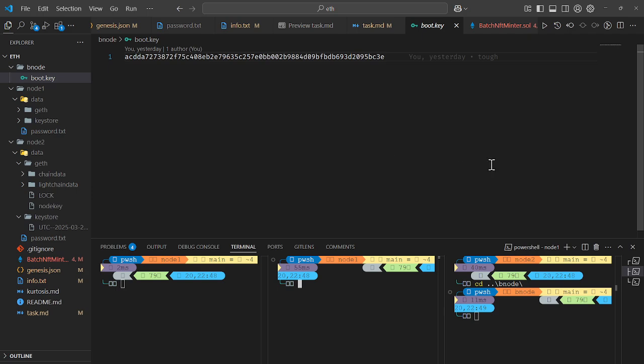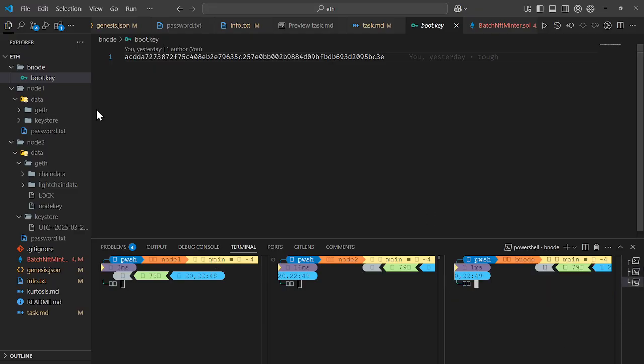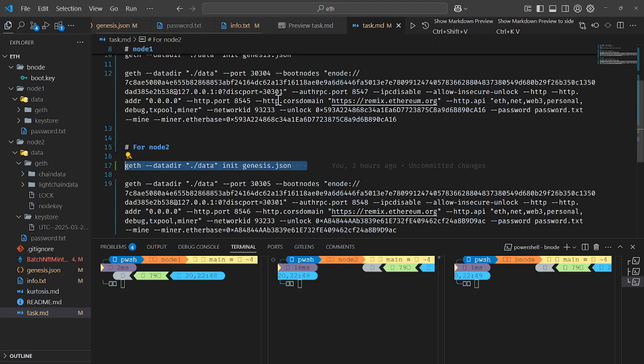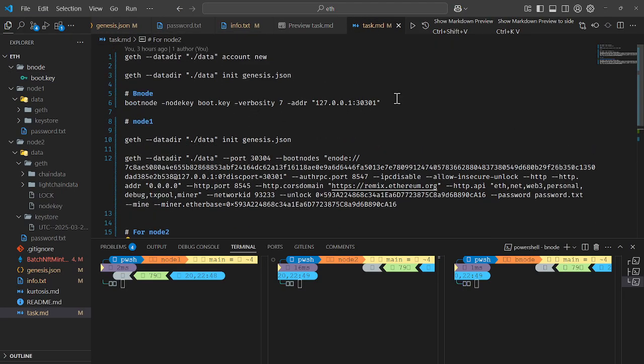So that's the thing. Am I not inside bnode? Okay, cool. Node two and bnode, right? So clear this thing up. Go to task.md. So I have to run this before running the whole blockchain of node 1, node